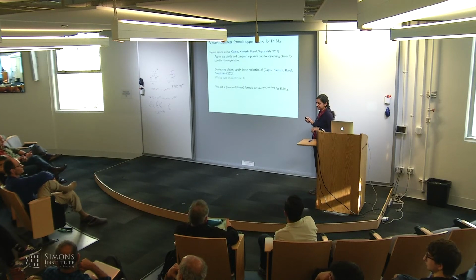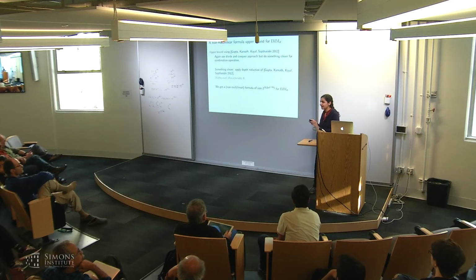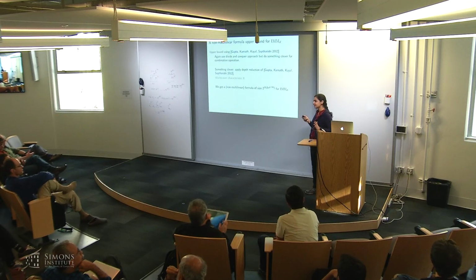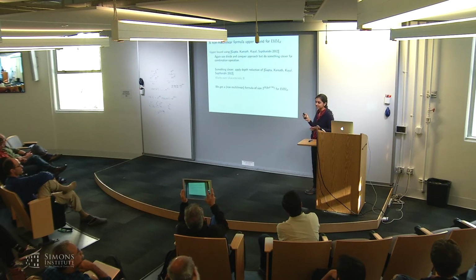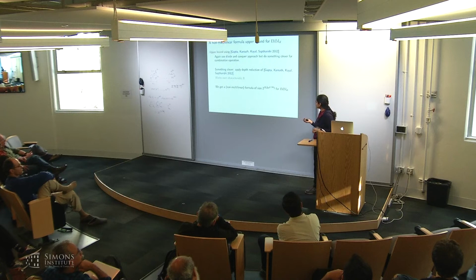Raz's lower bound is n to the log d for multilinear, and the best upper bound we know, non-multilinear, is n to the log. So that question is still open. We answer it in this regime, which is some evidence probably for what we can expect, but it doesn't settle the question in its full generality.